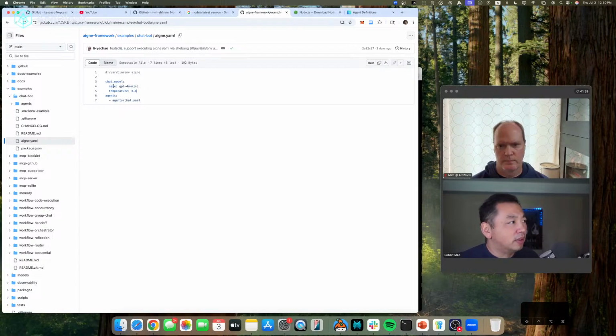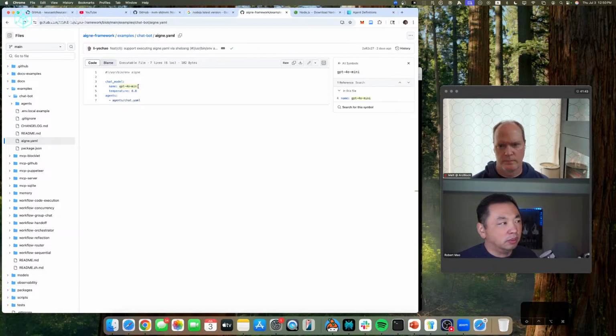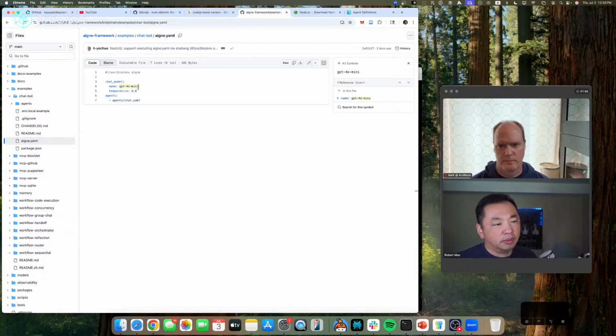And this chat model name uses GPT-4o mini, change it to GPT 3.0 or 03, a different kind of model, and run that again.